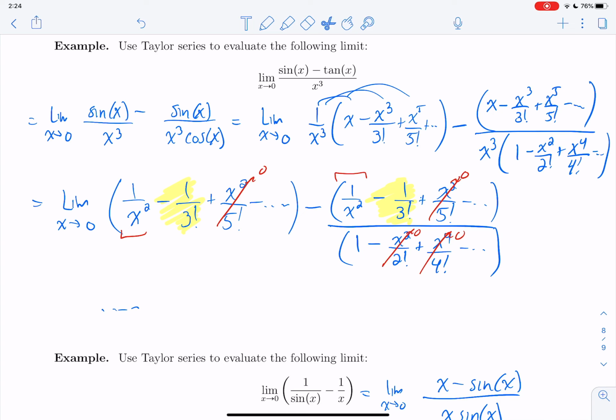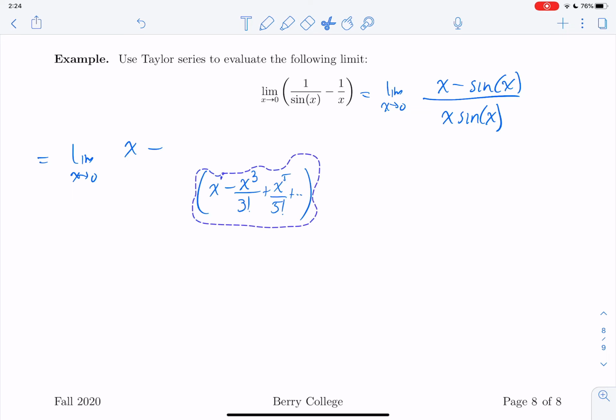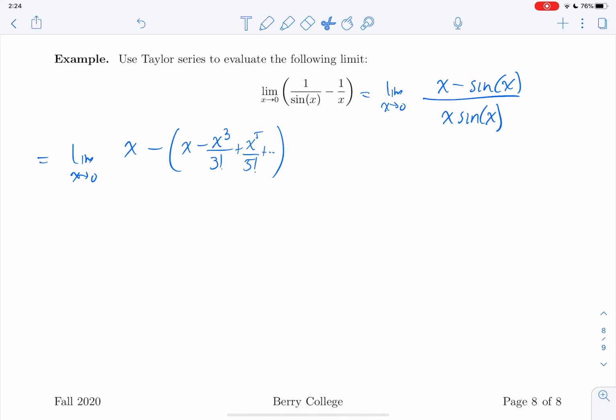So I'm going to import that as the series representation for sine. And this limit is going to become the limit as x approaches 0 of x minus sine of x over x times sine of x,